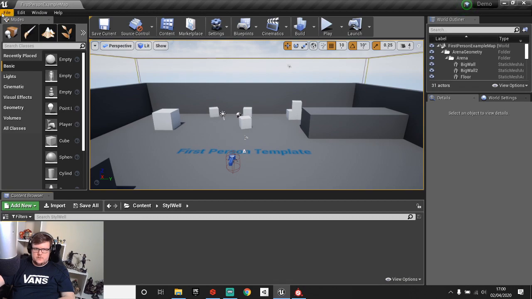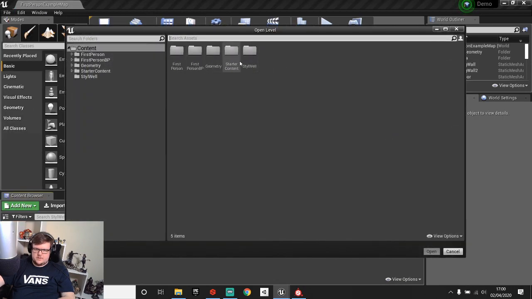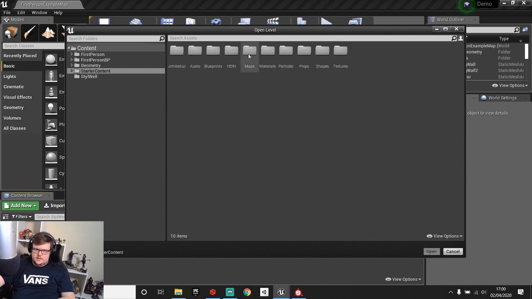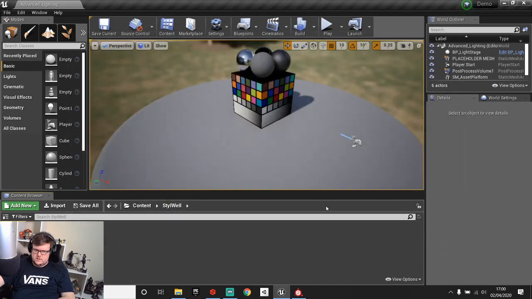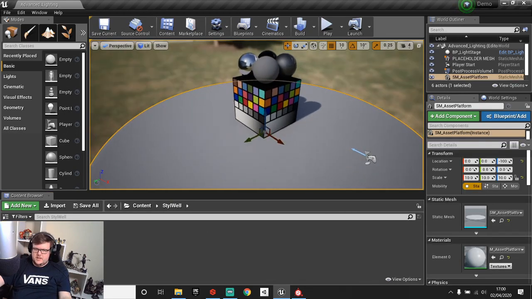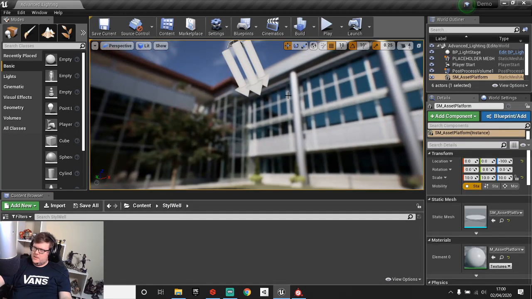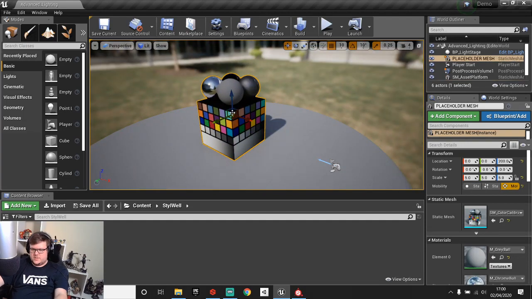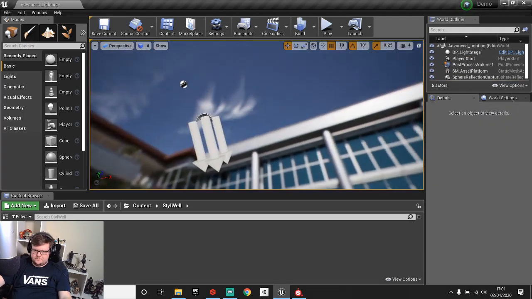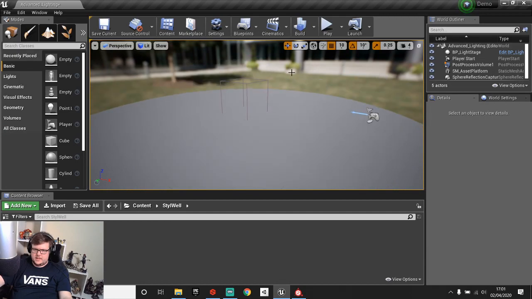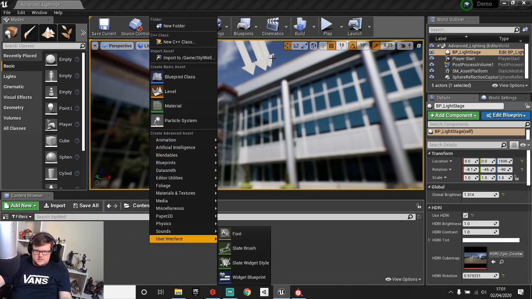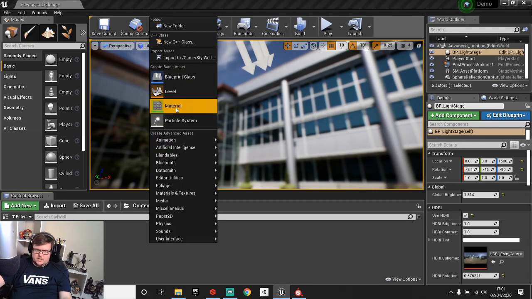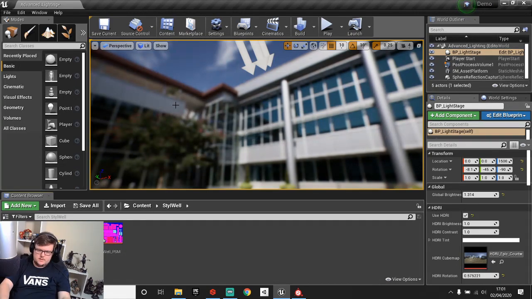Now, what I'm going to do is go File, Open Level. I'm going to find the maps, Advanced Lighting. I'm not going to save that for the time being. So this is what it looks like before. And all I do is I kind of just get rid of that and then leave the rest here. And I'll show you how you change that in a minute because we're going to grab a HDRI and change it. So to build the material, we create a new material and call this master map,